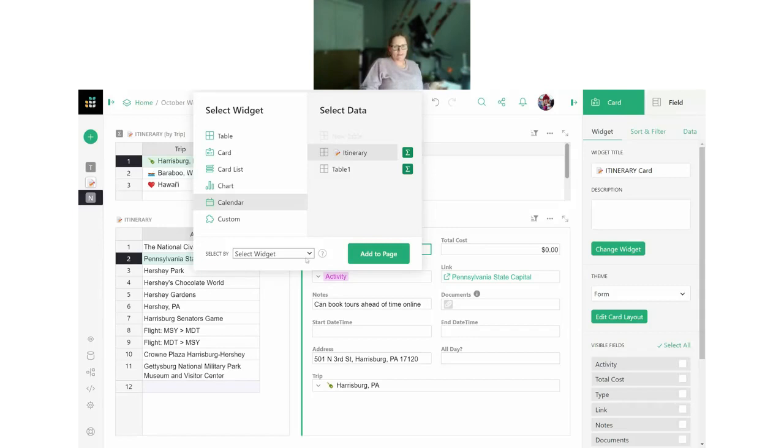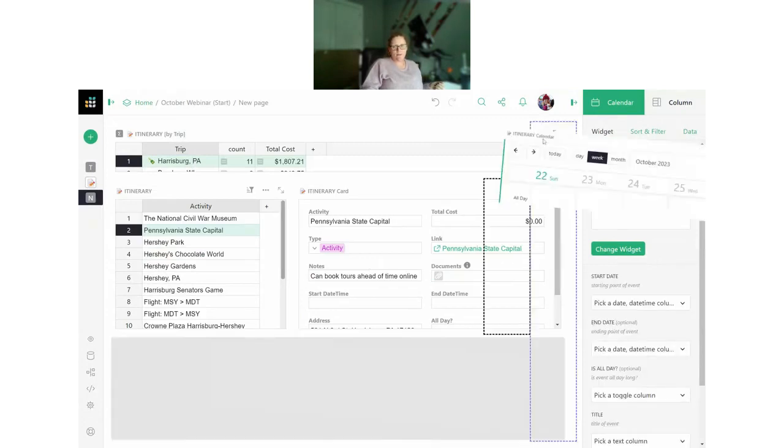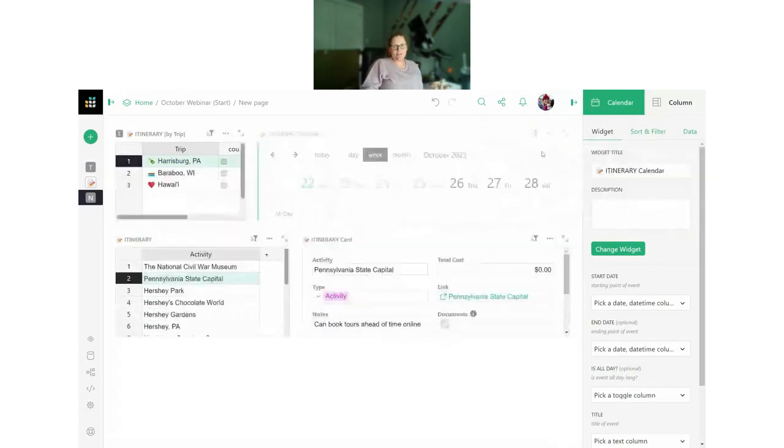We're just going to set this up so that when I select an item in my itinerary over here, both the calendar updates to show that activity, and then our card, which is already linked, will update as well. So we select itinerary and add to page. And then finally, we just need to